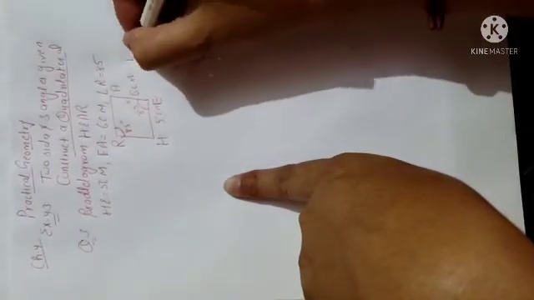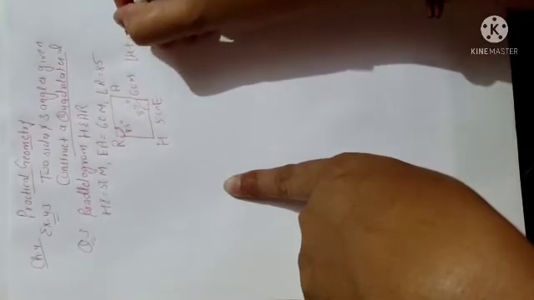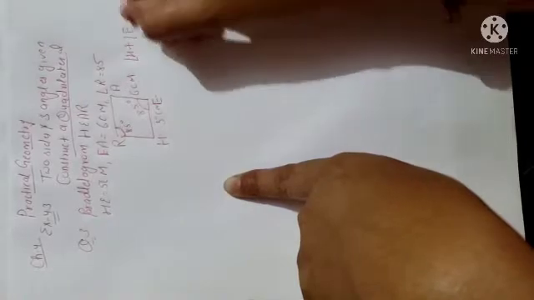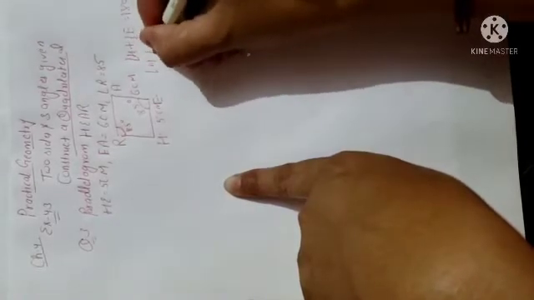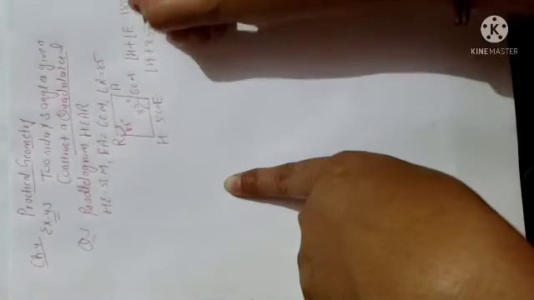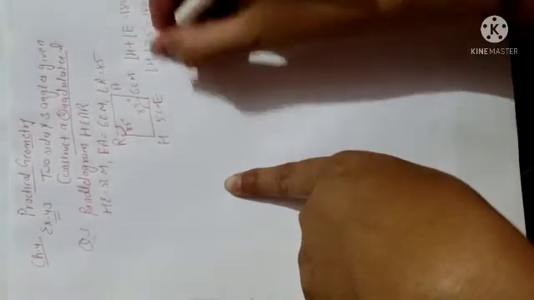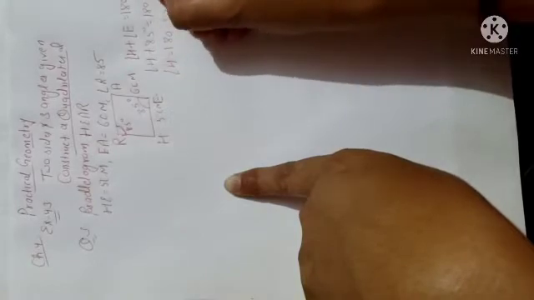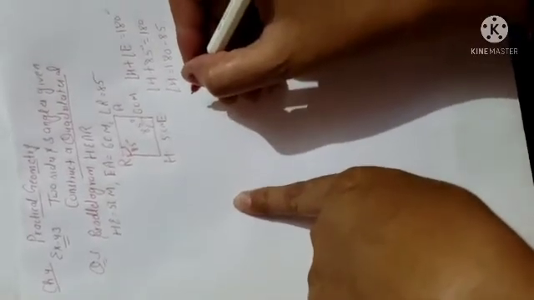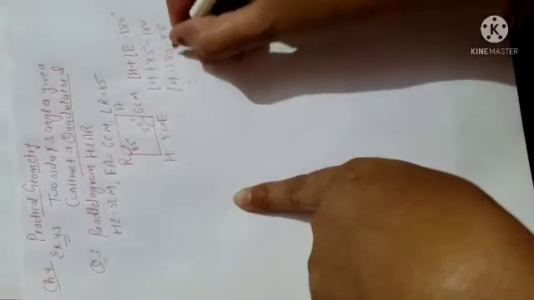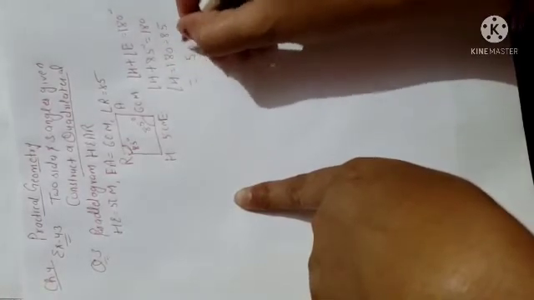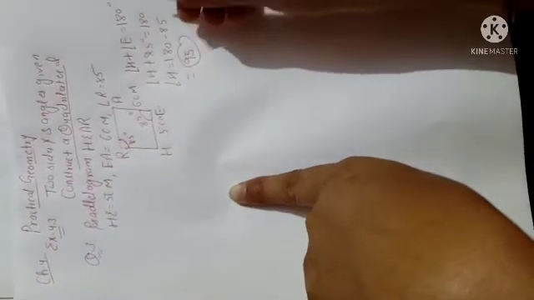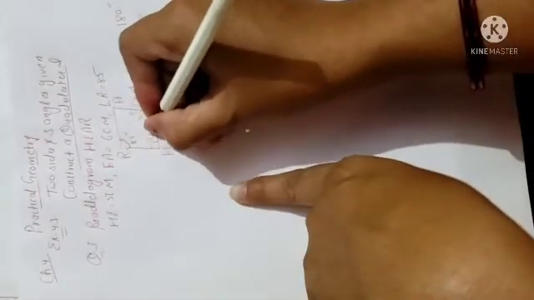Here, for example, I am taking the adjacent angles H plus E, which will be equal to 180 degree. Angle E is already given as 85 degree, so H plus 85 is equal to 180 degree. So simply you can find angle H, it will be equal to 180 minus 85. Clear? What will you get here, beta? 5, and 17 minus 8 is 9. So here you are getting 95. So this angle will be 95 degree.